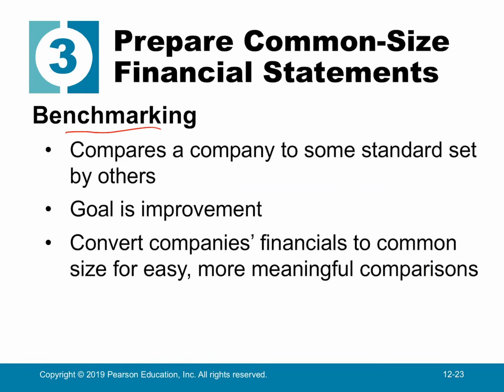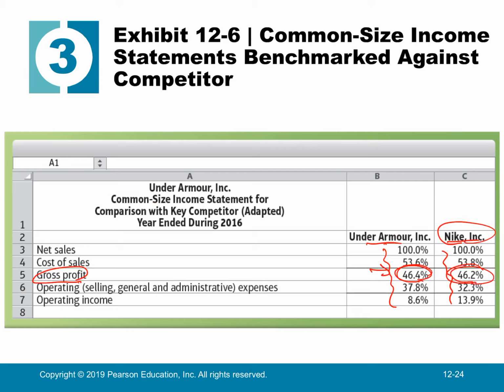And this is essentially called benchmarking, or a way of benchmarking. Benchmarking just means that I'm comparing a company to some standard set by others, right? So very often a benchmark might be, for example, let's say that retailers in the sports apparel industry should have a gross profit on average of 40%, right? So then I can look and see, if that's the benchmark,